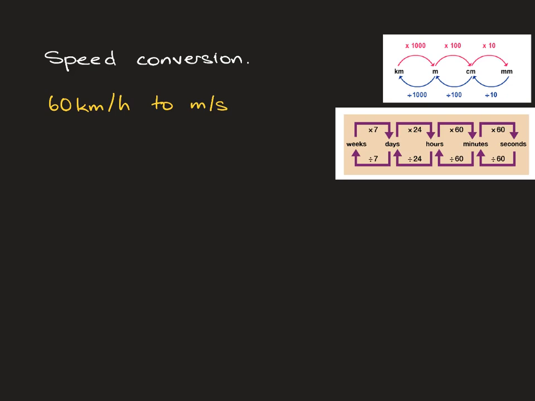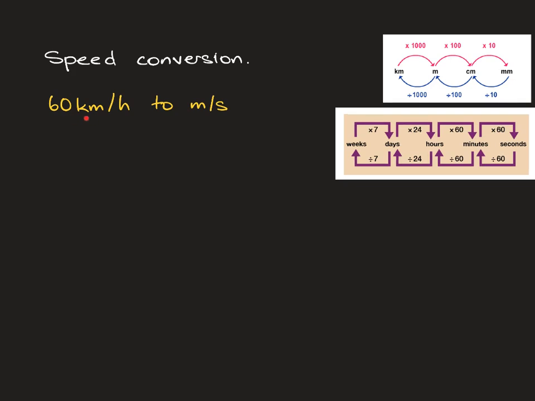Now there's a couple of ways to do speed conversions. One is to use what you already know about converting distances and converting time, and the other one is to learn some new conversion factors. I like to convert the distance and convert the time, and I'll show you how to do that first, and then I'll show you the conversion factors. So if you just want to know the conversion factors as another list of conversions to remember, then just fast forward to the end. But this way you don't need to learn anything else, you just need to use what